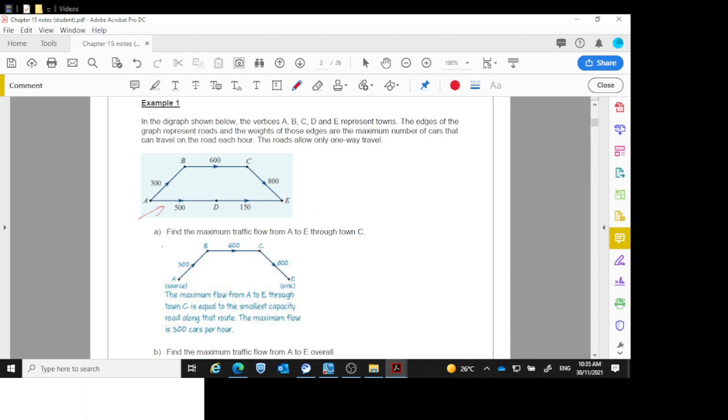Okay, so I think about it like this. I can get 300 cars from here to here. So there's 300. Out of those 300, I can take 600 along this road, so that means I can get 300 to here. Out of the 300 that are here now, I can take up to 800 along this road. So I've got 300 sitting at the moment, not an issue. Along this road, A to D, I can bring 500 cars. So I've got 500 sitting at D at the moment. But when I get to D, I can only bring 150 along the road from D to E. So I've got 150 there. So altogether,